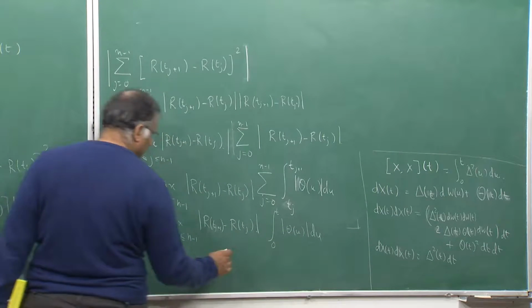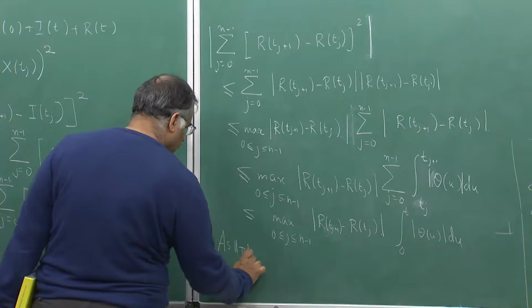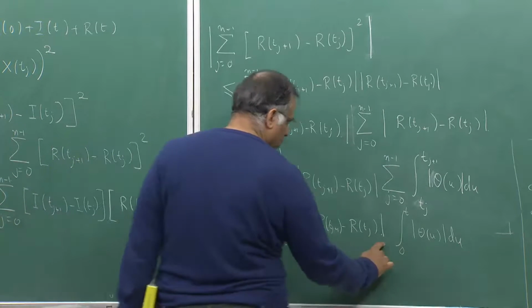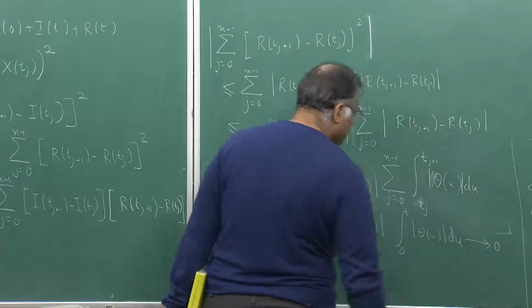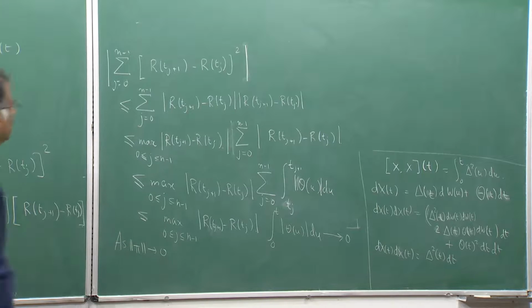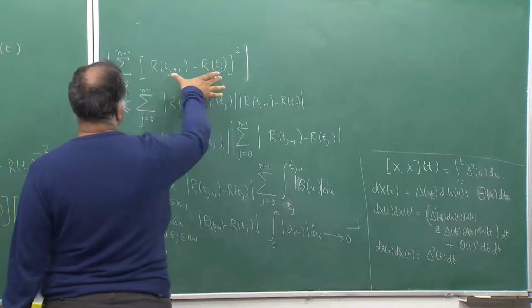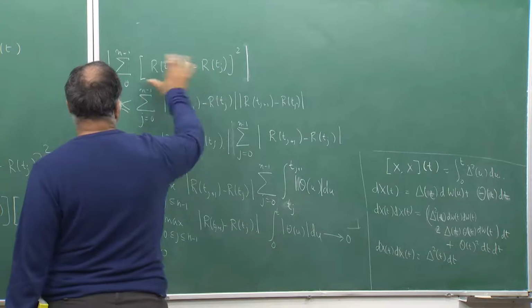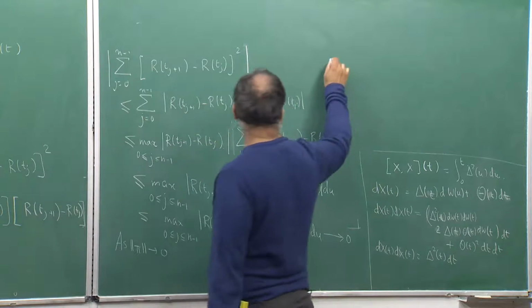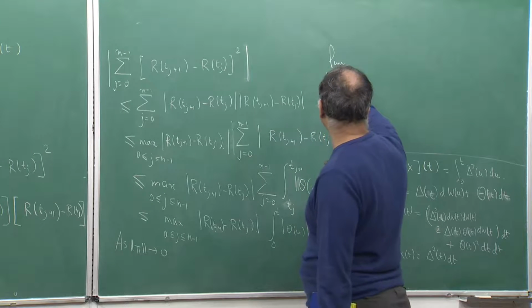So finally, this whole quantity will go to 0, which will immediately mean that the norm of this whole square goes to 0, which will mean that the limit of this as norm pi goes to 0 is 0. So, finally, we will get that the limit of norm pi going to 0